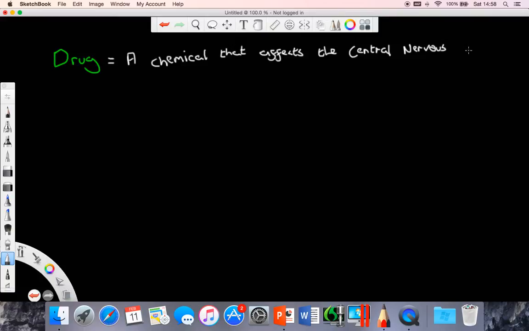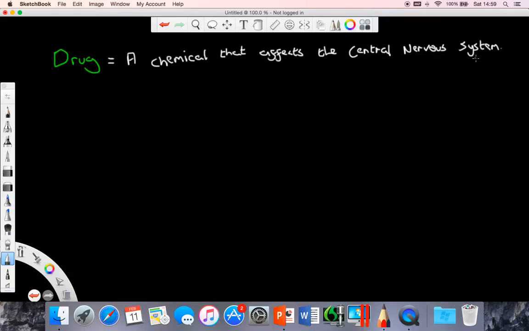So a drug, okay, in order for you to pass your GCSEs, you need to define a drug as a chemical that affects the central nervous system. So a drug is a chemical that affects the central nervous system. Okay. Now, certain drugs, remember, a drug is a chemical that affects the central nervous system,